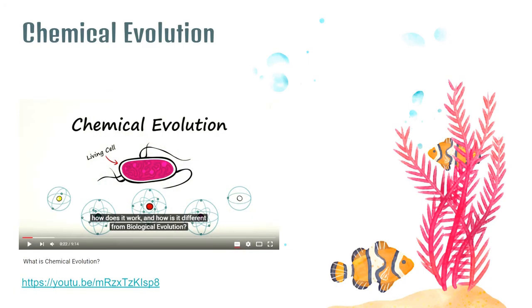Now, we've mentioned chemical evolution a while ago, under abiogenesis. Now, to understand that further, to be explained deeper for you, I require that you watch this video from Stated Clearly entitled, What is Chemical Evolution? It tells you everything you need to know about abiogenesis leading to biogenesis, and I'll provide the link in the description below.